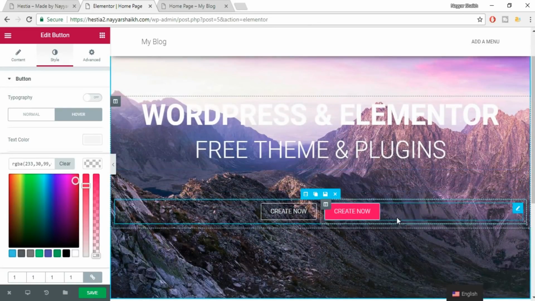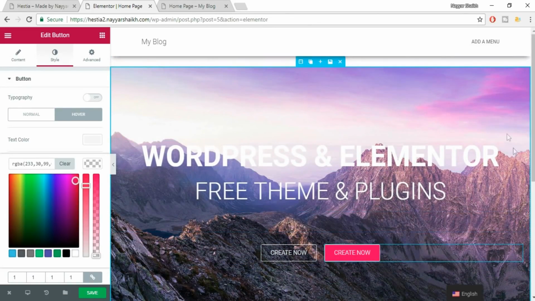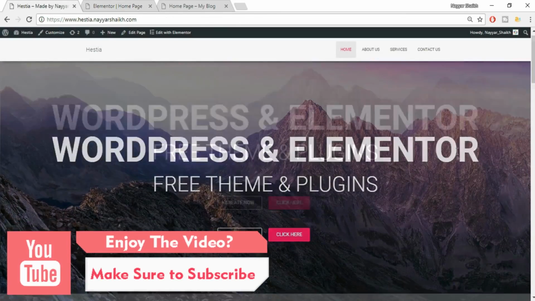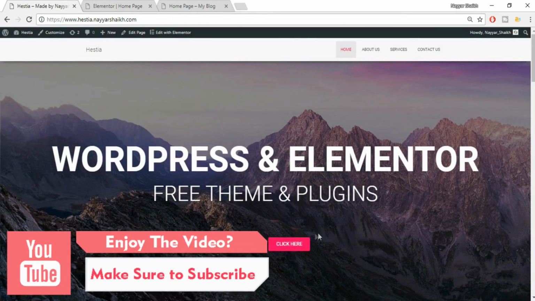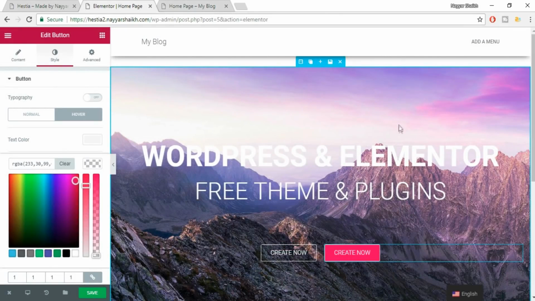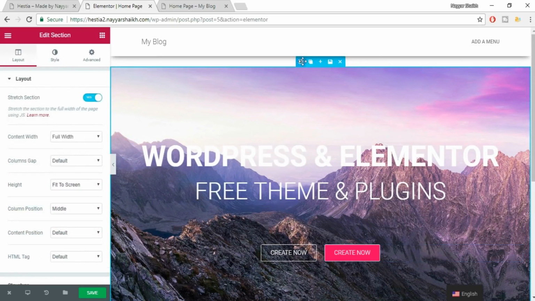Now if you also notice, the background image is very light, and we cannot see this white text, whereas here we can easily and clearly see the text, button and so on, and the background image is not that light, it is darker. So there is a very simple way to do that. Again, click on over here, hover this, and click on this section to make some changes to this section. Go to style,